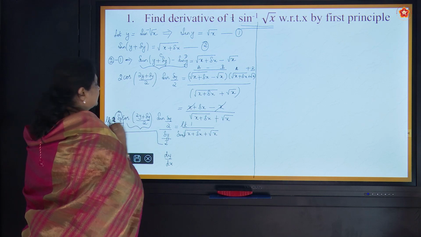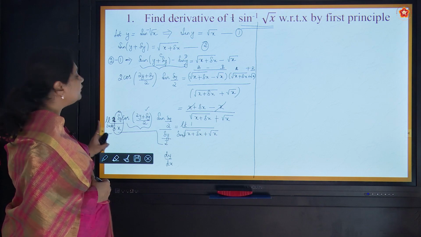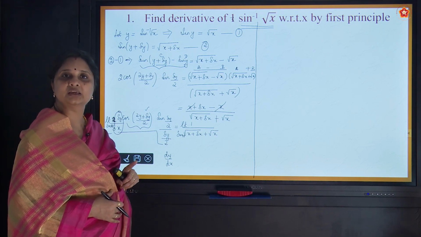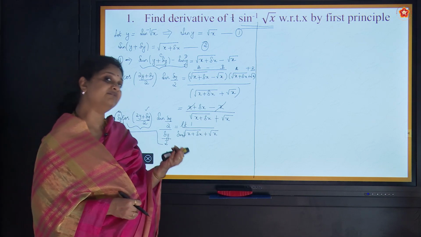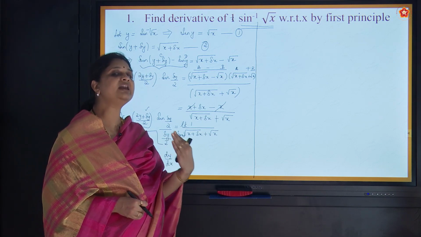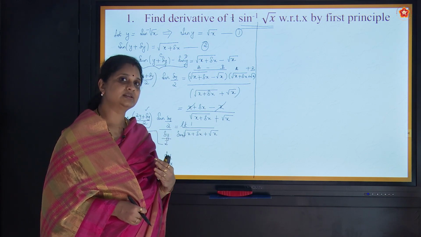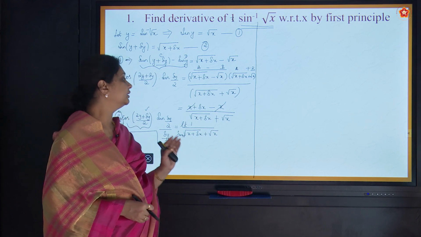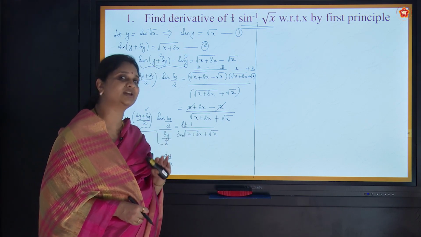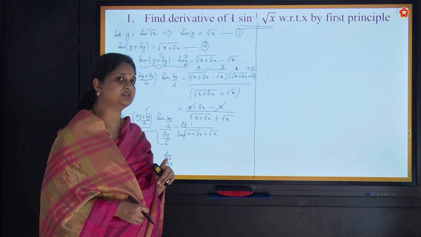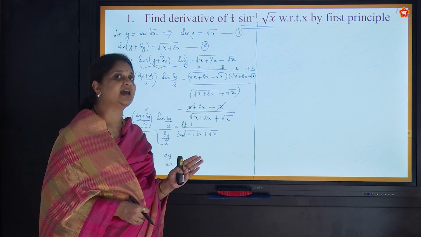And what happens to this? This does not have delta x, it has delta y. Now what do we know? When delta x tending to 0, delta y will also tend to 0. Where have we seen this? When we did what is differentiation in the initial videos, we saw that when delta x tends to 0, delta y also tends to 0. In case you have doubts in this, please go back to the previous videos, watch that and then get back.